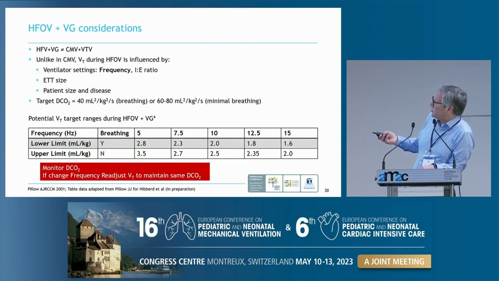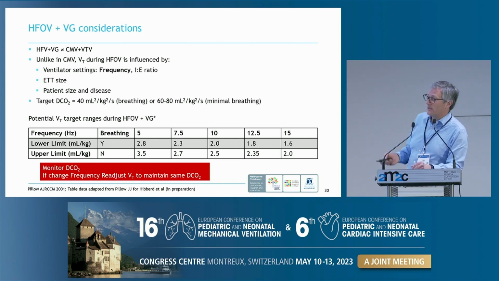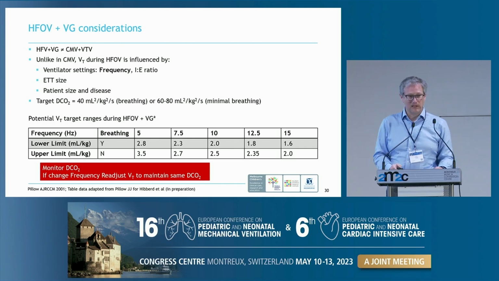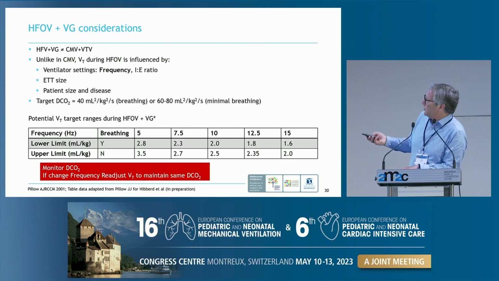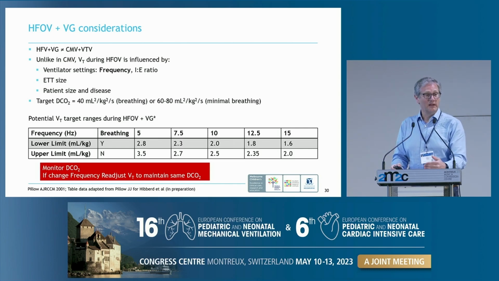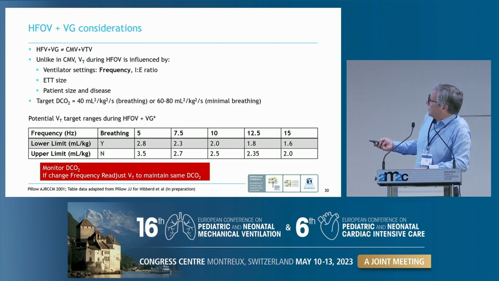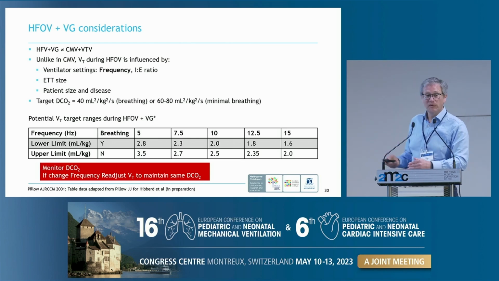She says actually we want to target a DCO2, and that these are approximate ranges of DCO2 that we should target. Unfortunately, these are not displayed on your ventilator because it's in millilitres squared there, so it's a slightly different calculation. She's generated a table as a starting range and differentiated it between babies who are breathing and not breathing, and therefore having a different contribution to their tidal ventilation and gas exchange. She has also highlighted, which I've not seen in other guidelines before, that the frequency you set will affect your tidal volume.